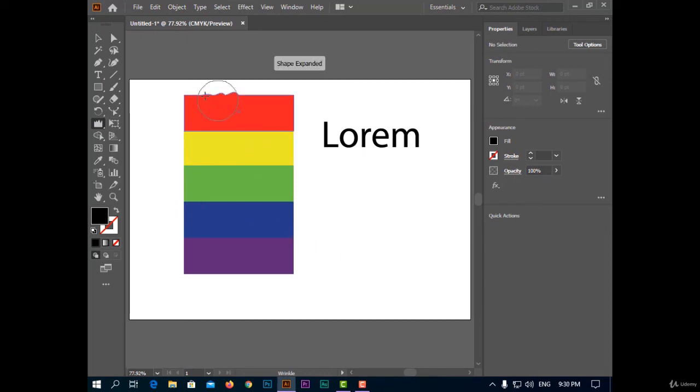The last tool today is the Wrinkle tool. This tool makes a beautiful effect like this, like a frequency. And with text,